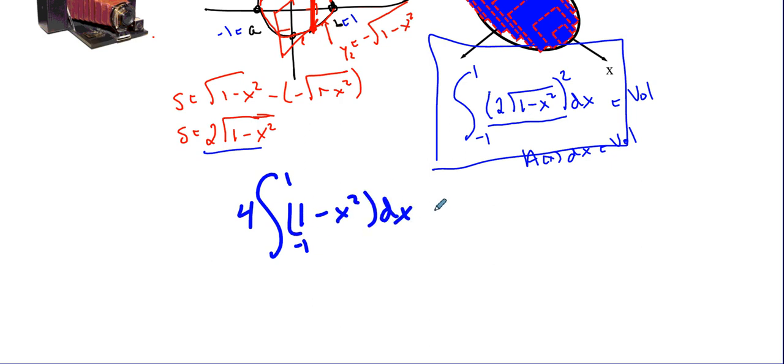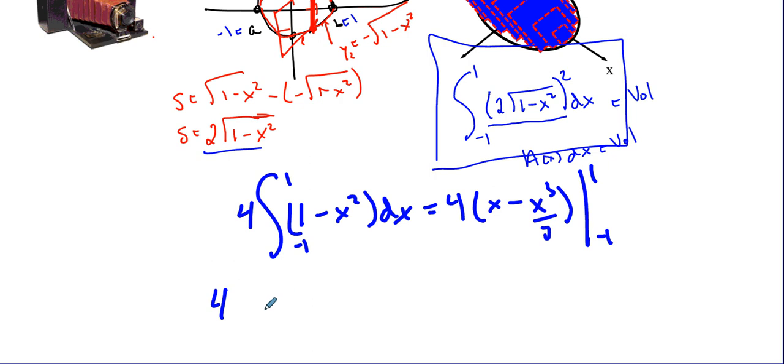dx. And we can integrate this for, we have x minus x to the third over 3. And we'll go from -1 to 1. Plug those values in here. We have 4 times the quantity of 1 minus 1/3. That's our first one. Then we plug in negative, so we'll have -1, and then the negative cubed is going to be negative, negative is positive, so we'll have 1/3,